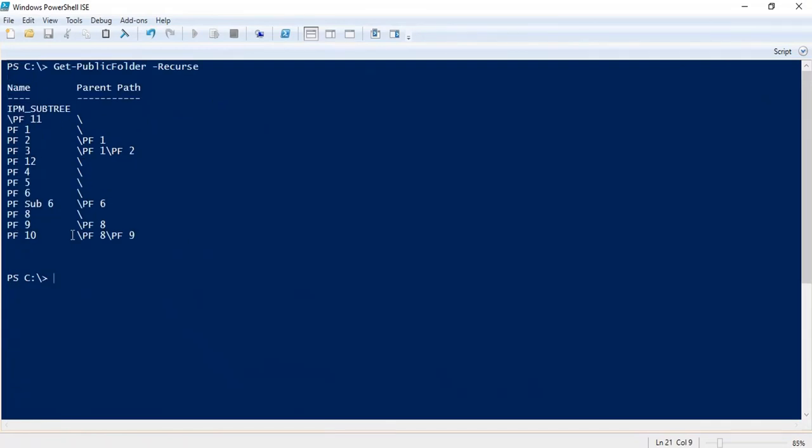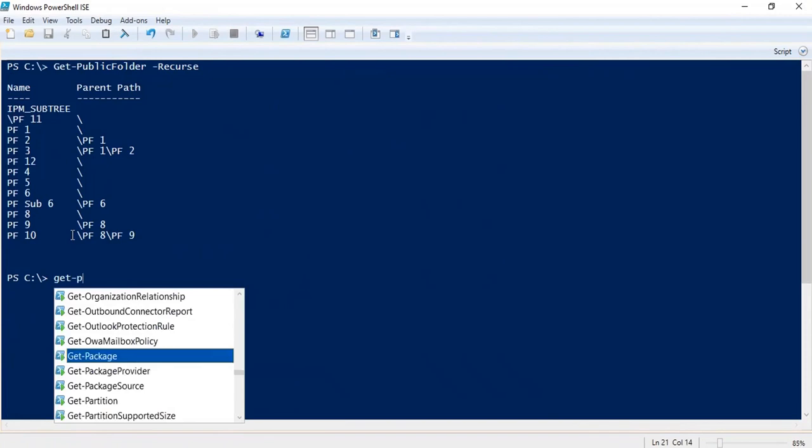As we discussed, when we delete a public folder, it moves to the non-IPM subtree dumpster root folder. So let's check how we can find the deleted public folders in the non-IPM subtree dumpster root.